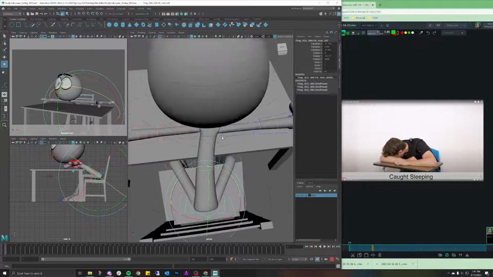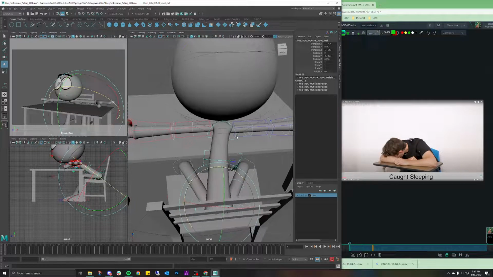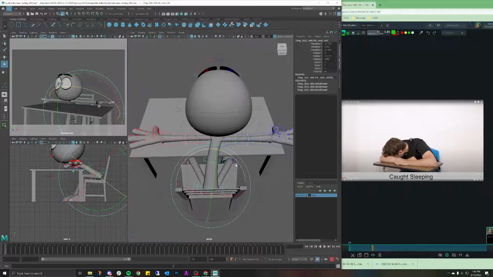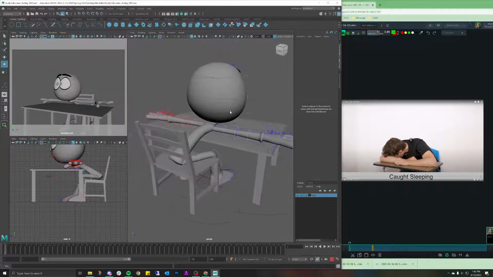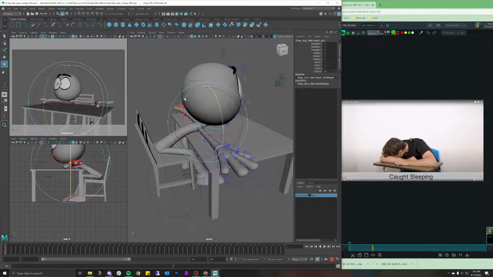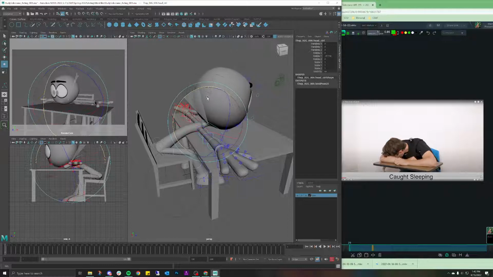And then again, we want to try to get as much asymmetry as possible. We don't want this character to immediately just kind of go down. This character's kind of leaned over a little bit, hunched over to the side, as you can see. So I'm going to try to push this as much as I can and try to hit this as well as I can. The next thing I want to do is I actually want to try to move this head first. I want to see